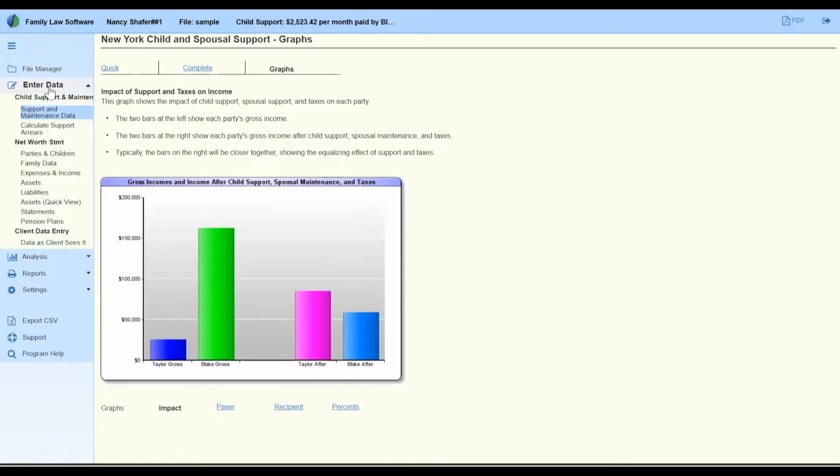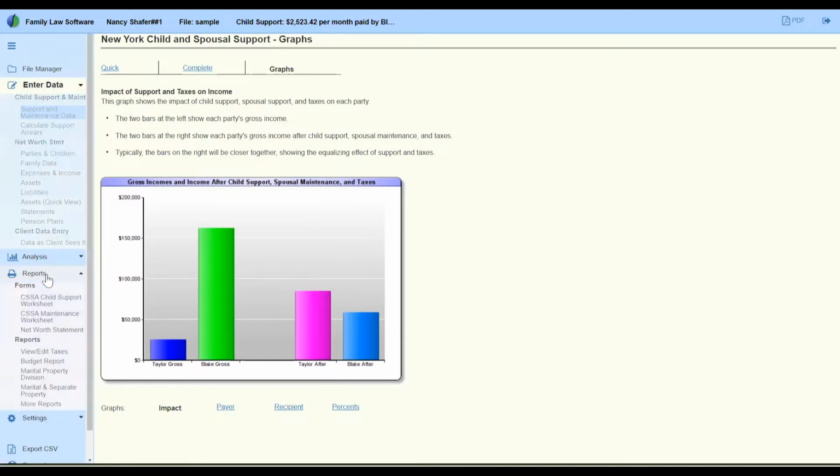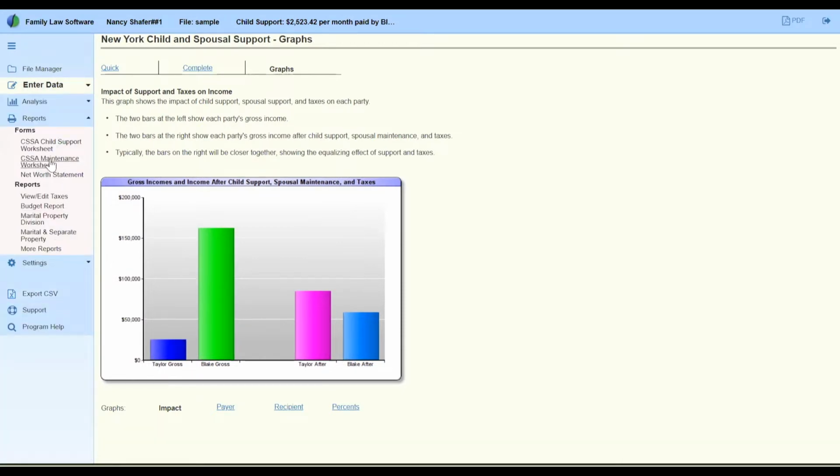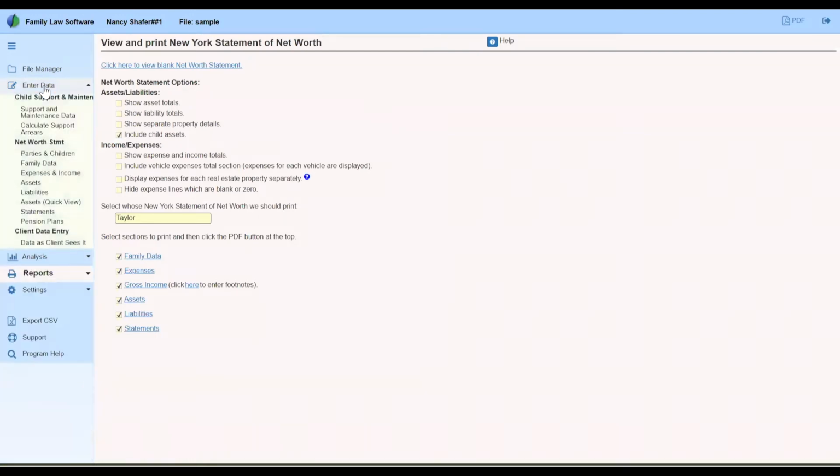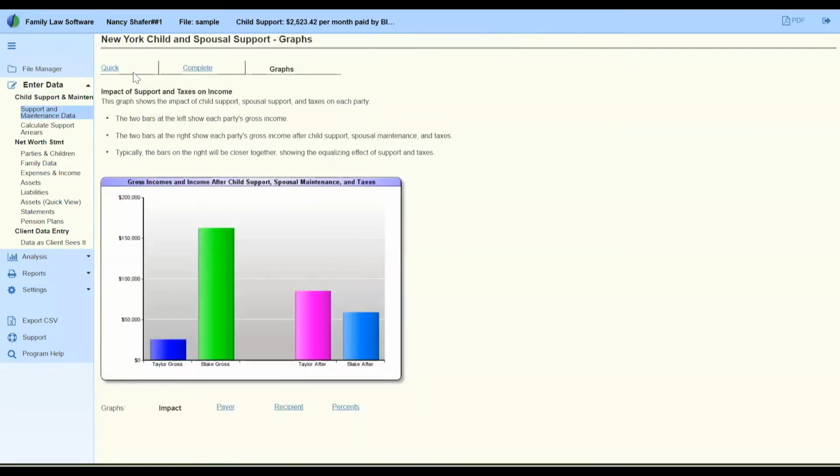Even if you are completing support calculations or you are putting together your net worth statement, you're not going to start out by typing into the net worth statement. What you're going to want to do is enter the data, and then the program will automatically complete those worksheets. So what we have here